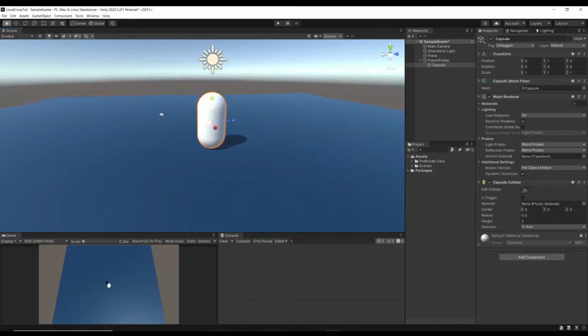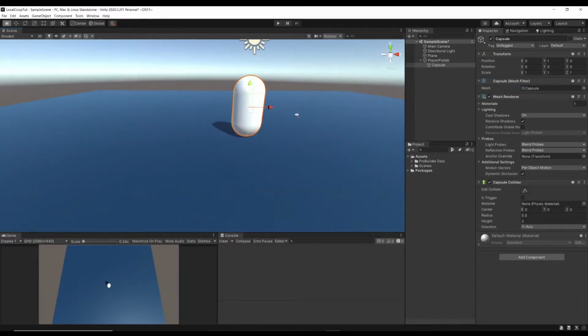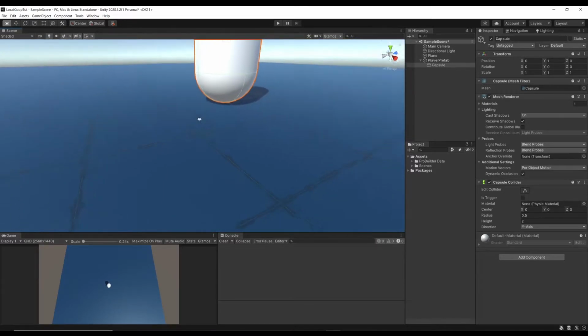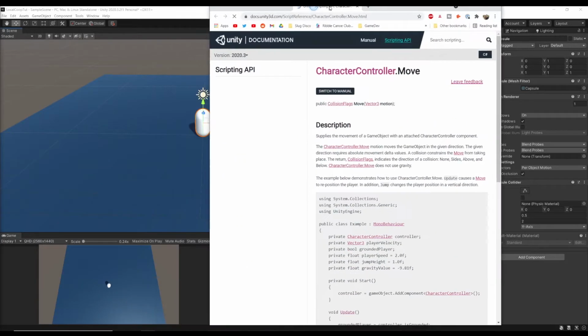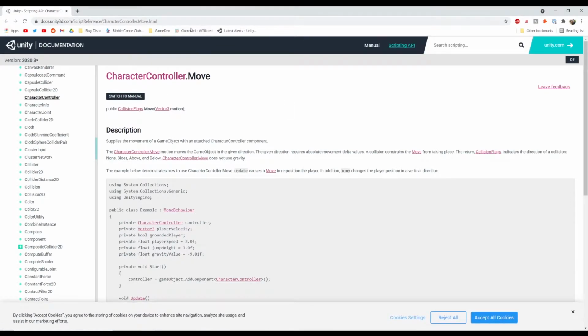Okay, 1 on the Y, not 0.5. So now you can see that the cube is sat on the floor, or stood on the floor. To get some quick, simple movement, we're just going to go over to the link in the description, which is this Move controller over on the Unity website. I'm going to